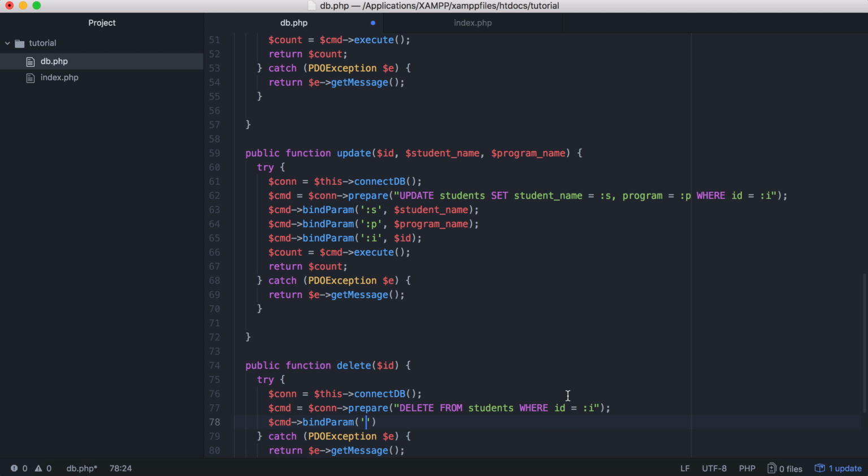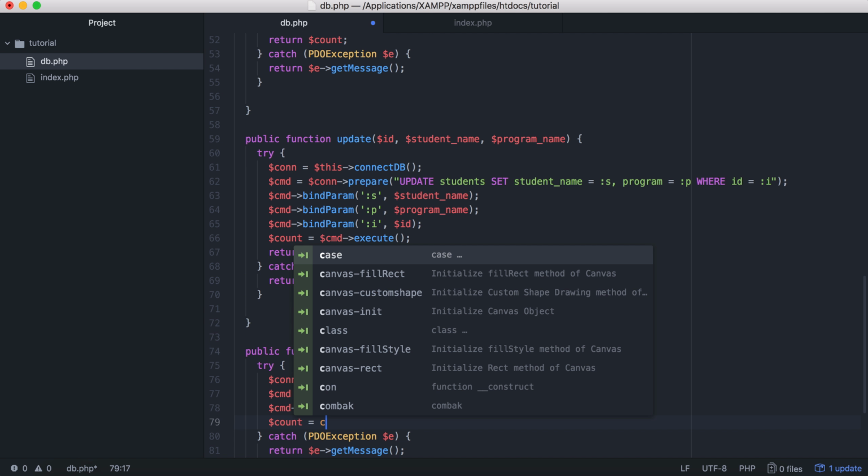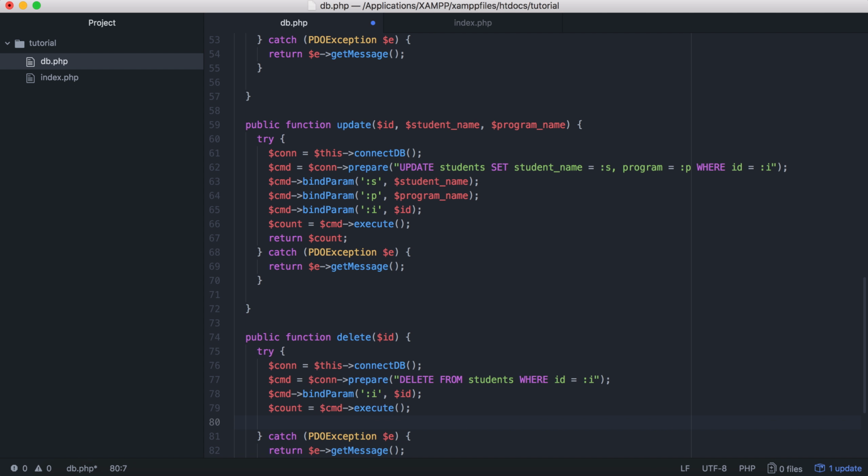So binding param I, and passing the parameters here. And once you've done that, count cmd execute, and we're going to return the count. Okay,